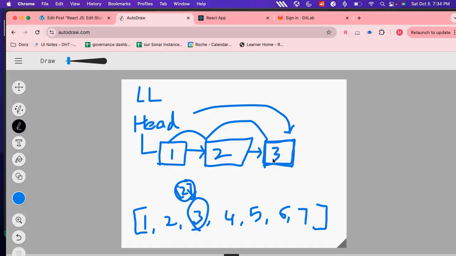I have to start with the head and go to the 3. So that's how the linked list works. And this chain goes on until it encounters the null. So the last element has no new address. So this node does not have